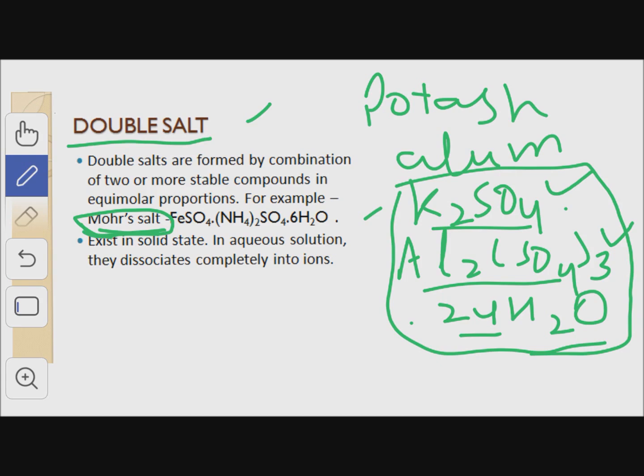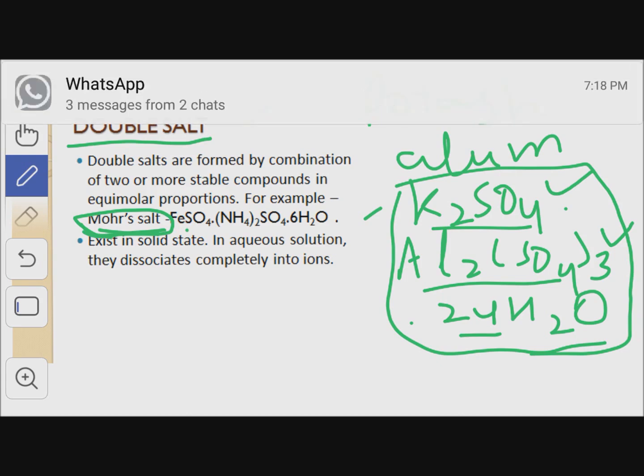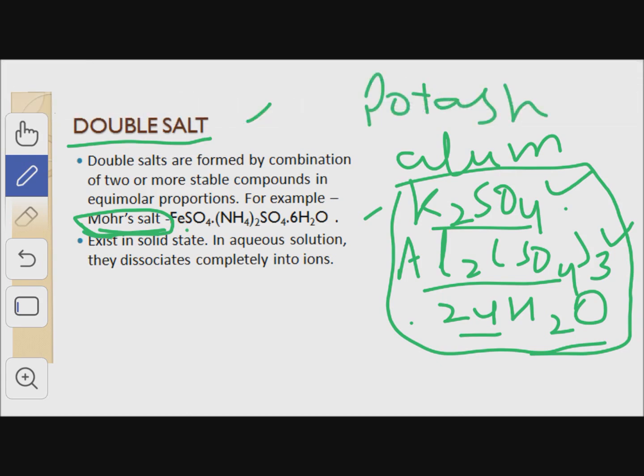This is the formula of Mohr salt. It also has 2 simple stable compounds, FeSO4 and ammonium sulfate, (NH4)2SO4, and 6 water molecules of